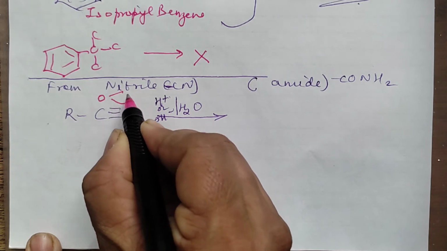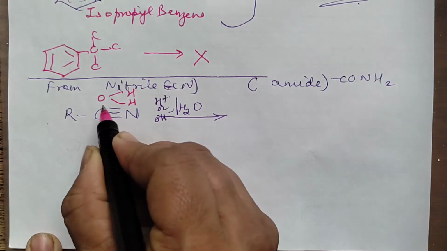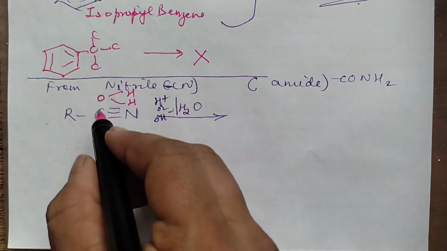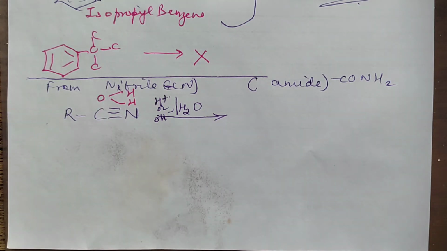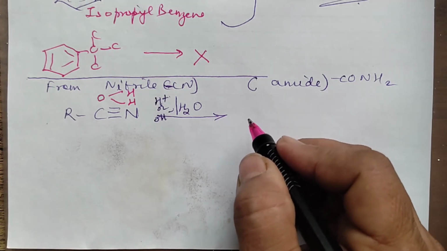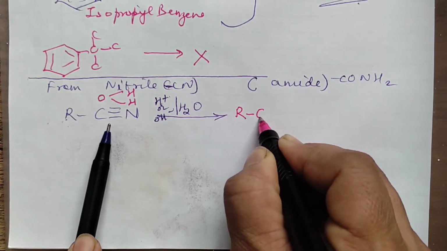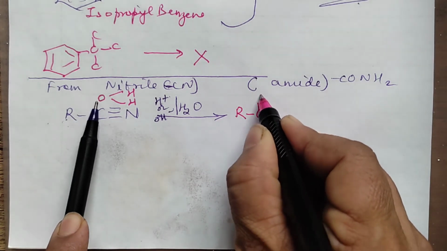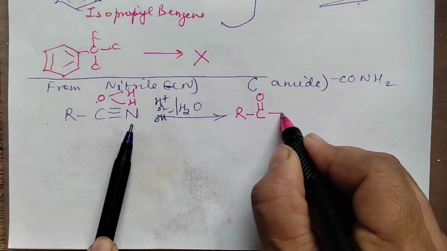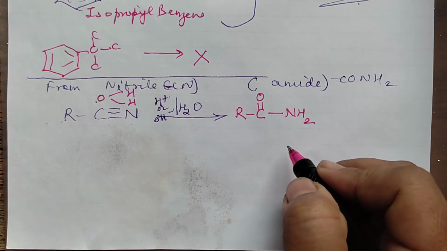Actually water, it is H2O, right? So both the hydrogens will add on here and one oxygen will be adding on this carbon atom. So it's just a way of remembering, right? So what changes I have shown you here, I'm going to represent here. This is R, this is C, this O will be added on here with the double bond, and this will be the N and both hydrogens on this N, that is NH2.